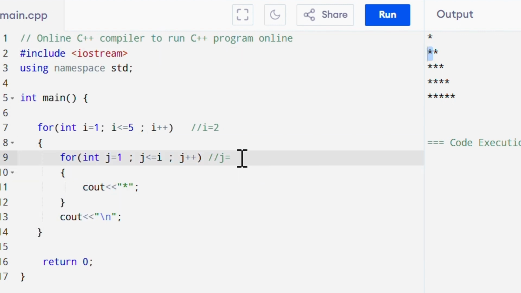Now j will become 2 here and it will check 2 less than or equal to 2, yes. So it will print the second star. Now again it will come out of this loop and it will go here, i will be 3 and then j will again start from 1. So 1 less than or equal to 3, yes. So this is the first star, then again j will become 2,